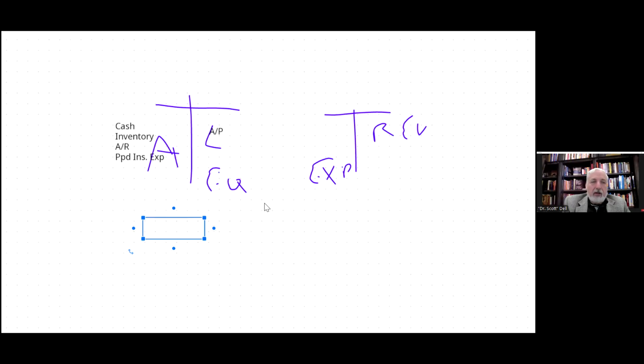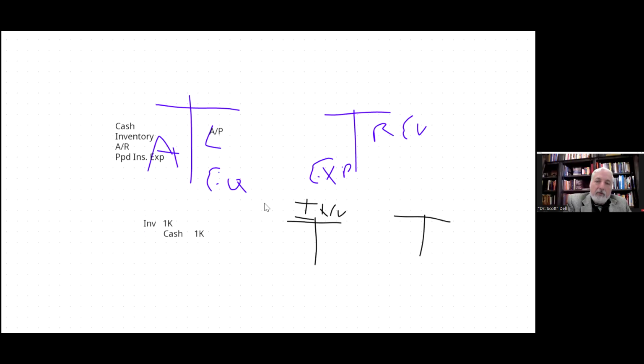I'm going to take a look at those T accounts. I've got a T account for inventory. I've got a T account for cash. Now, where journal entries are a chronological listing of all transactions, the T accounts or the ledger accounts, again, think of them as a page, one page for inventory, one page for cash. I'm going to debit my inventory for 1,000. I'm going to credit my cash for 1,000. And my bottom line in each of these two totals, I've got 1,000 inventory with a debit balance.